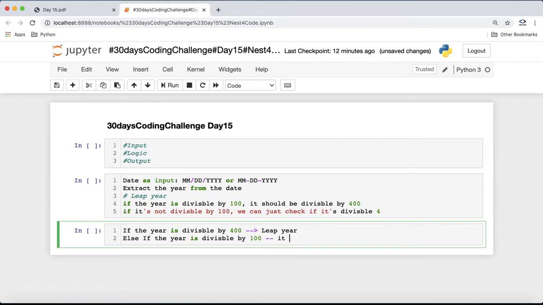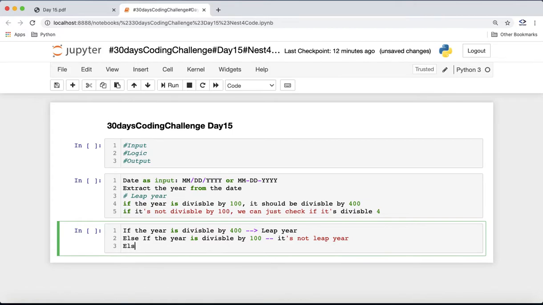So this is the case where it's divisible by 100 but not divisible by 400. Else, if the year is divisible by 4, it will be a leap year. What does it mean? That the year is not divisible by 100, then only it will come in this else case.